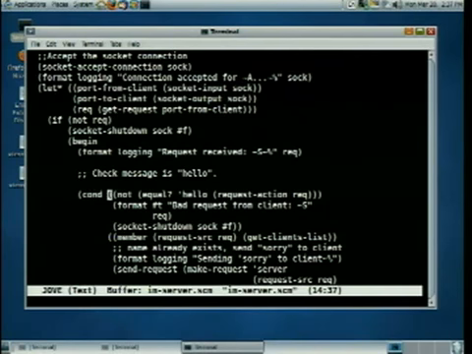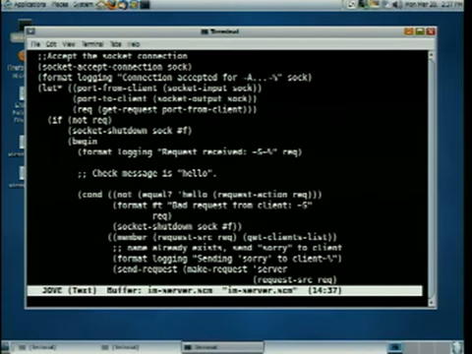So what we're expecting is that the client is going to send hello to the server. If it sends anything else, we give an error message and shut down the socket and go away. Because it's a client for some other system, not ours.